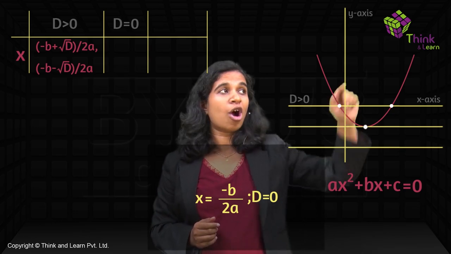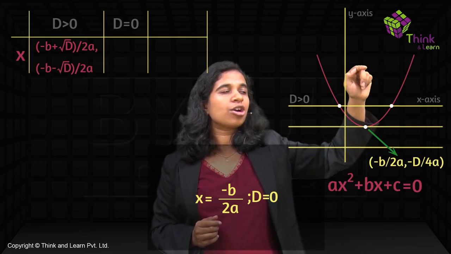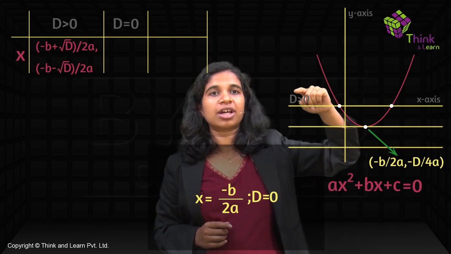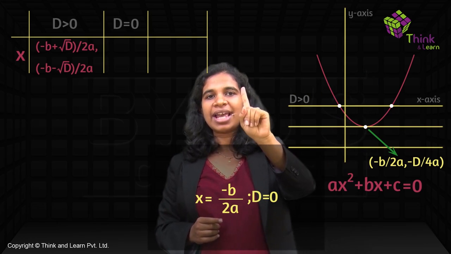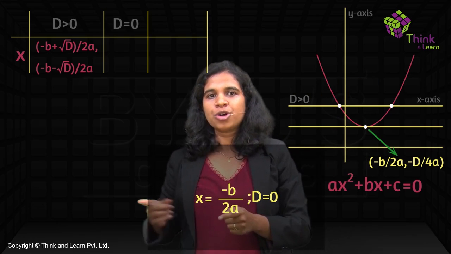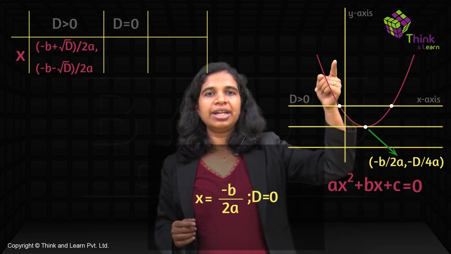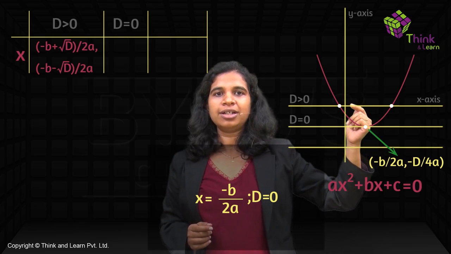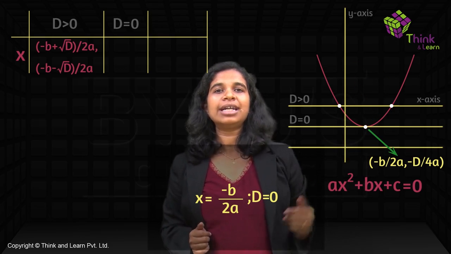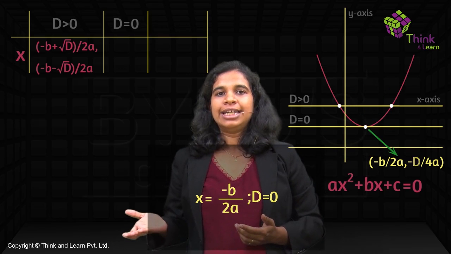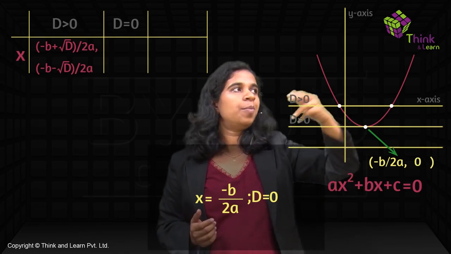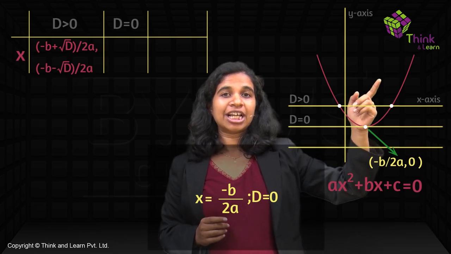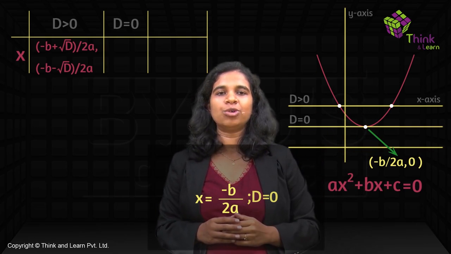Do you remember we said that the coordinates of our vertex were minus b by 2a comma minus d by 4a. So when the x-axis is touching your graph, you said you had exactly one root. In algebra, we got one root when d was equal to 0. So that's the case where d is equal to 0, right? What are the coordinates of your point? Minus b by 2a is the x coordinate, which is what we got here. Y coordinate is minus d by 4a. Here d is 0, so the y coordinate is 0, which is what it should be because it's lying on the x-axis. Perfect. Both of them match. So that's the case. Touching it at one point is the case where d is equal to 0.